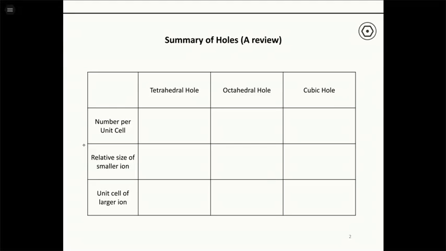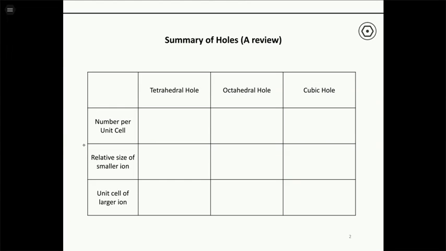So last time we talked about the structures of ionic compounds, and the idea being that one of the ions, typically the larger one, is going to occupy one of the lattice positions that we've already talked about. We're going to deal with cubic lattices exclusively in this case. So you're going to have ions that are occupying either a face-centered or a simple cubic lattice, and then the oppositely charged ion, typically the smaller one, is going to be filling holes in that lattice.